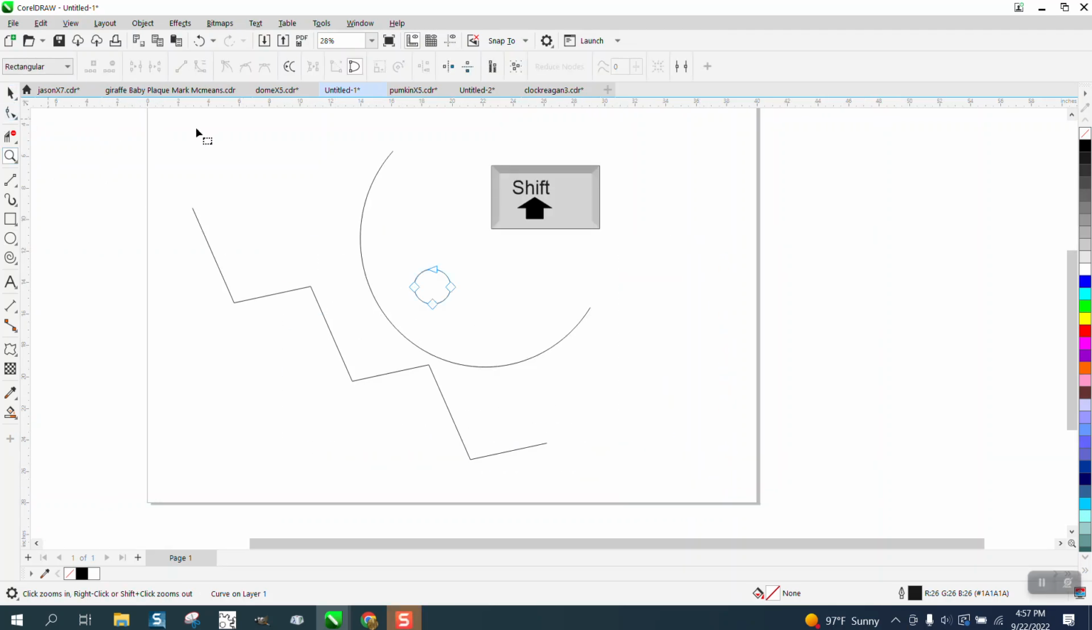Hi, it's me again with CorelDRAW Tips and Tricks, and this video is about your shift key and how it can help you. Let's say I want to select all these nodes